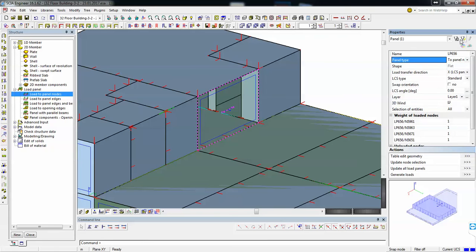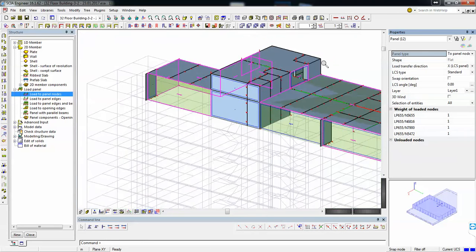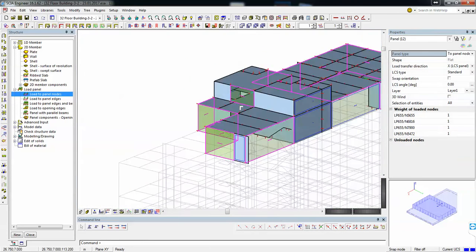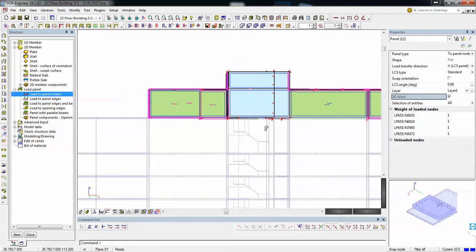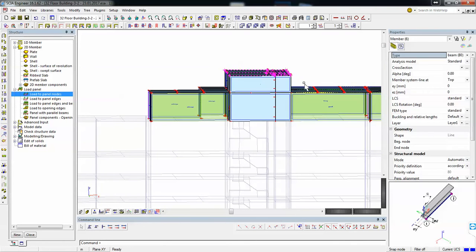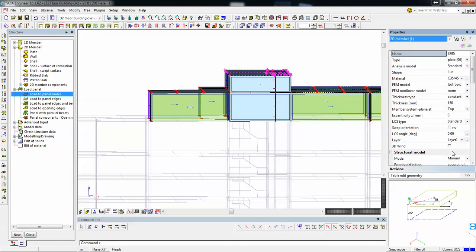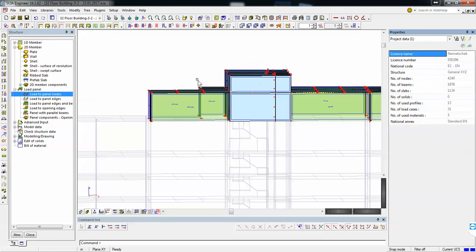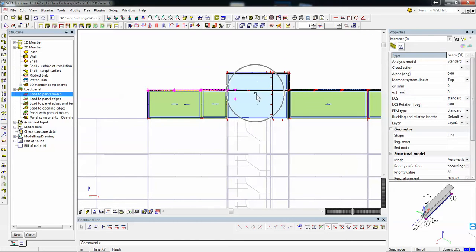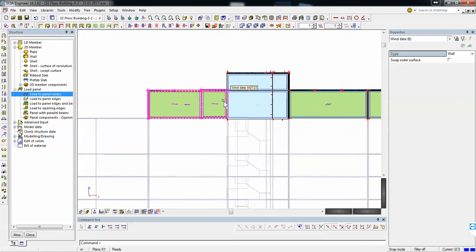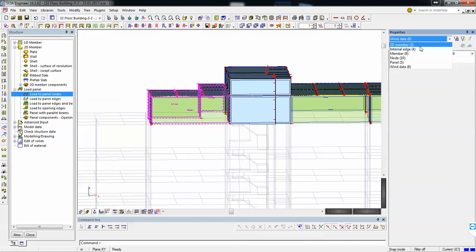Okay, actually all the panels in this area should be 3D wind, and we need the 3D wind property for this slab. So pay attention not to assign the 3D wind properties on elements that will not be directly loaded with the wind action. So this is quite important to take into consideration. Yes. Okay.